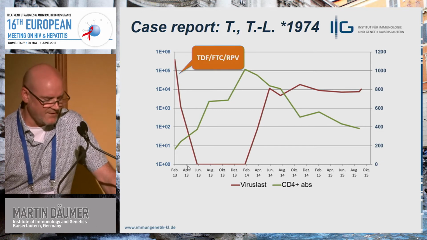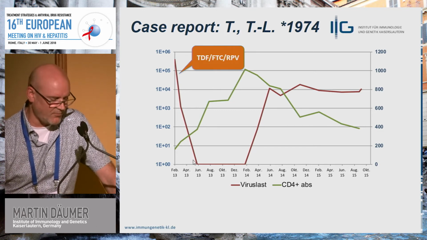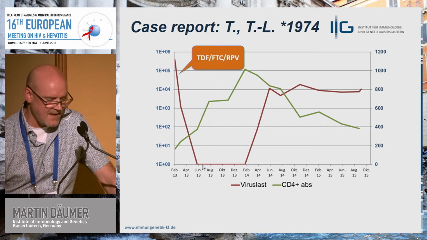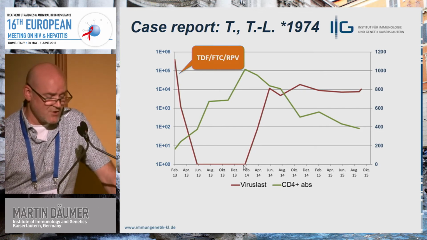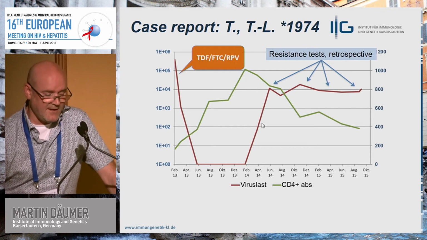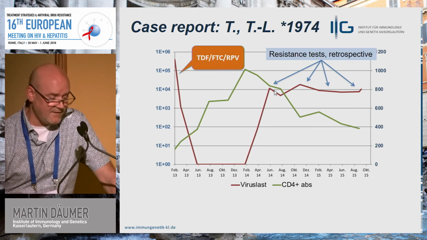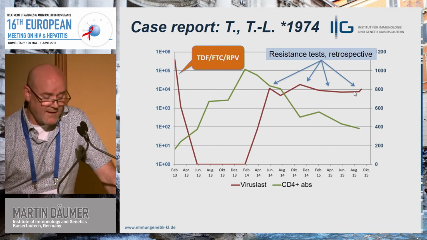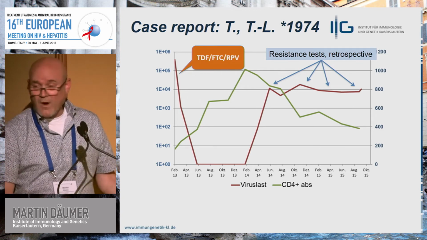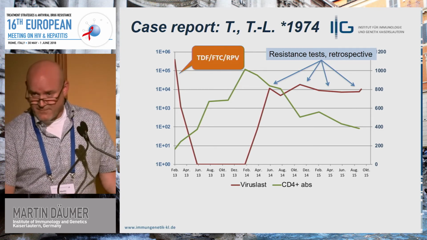And what you see right here, the viral load dropped down relatively fast, and he was stable for several months on this regimen. But later on, once again, he failed with this therapy,